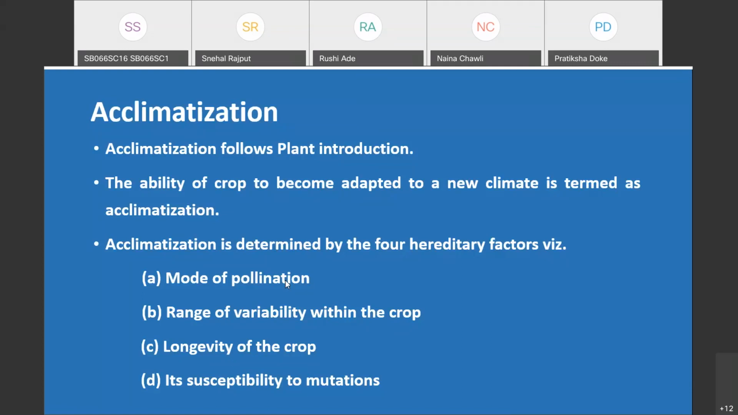Just as we have discussed, the larger the variation, the more easily the crop will get adapted or acclimatized to the new environmental condition. Range of variability within the crop,